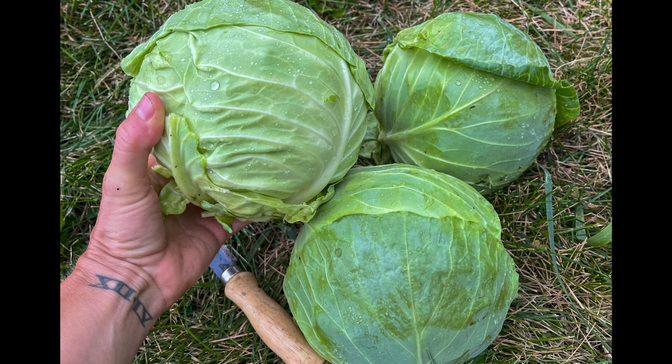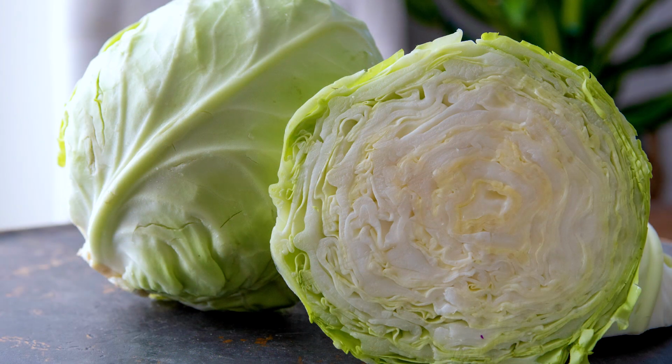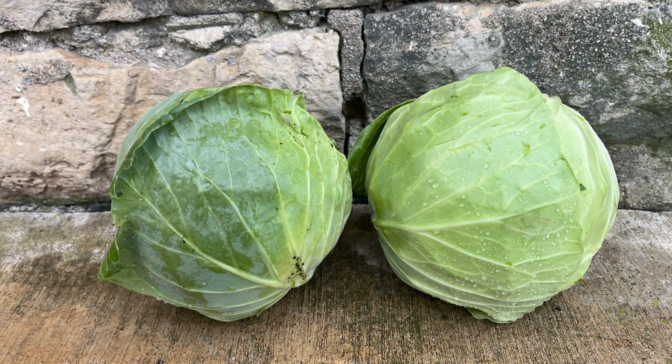Farral produced really nice, dense 3 to 4 pound heads, which resisted cracking in the garden. Always nice because that gives me a longer harvest window. I don't have to worry about getting out there and getting all of the heads picked right away. But what I really liked about this one personally is how that maturity timeline fits right in between two of